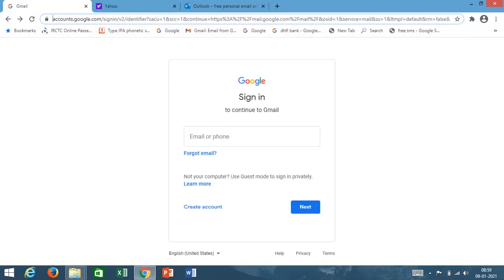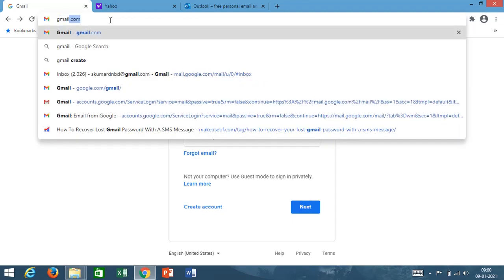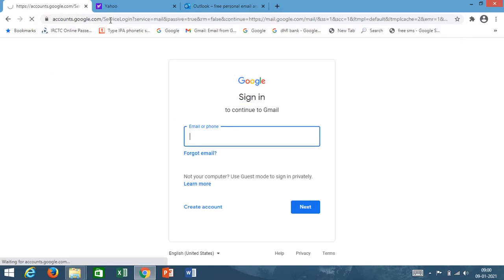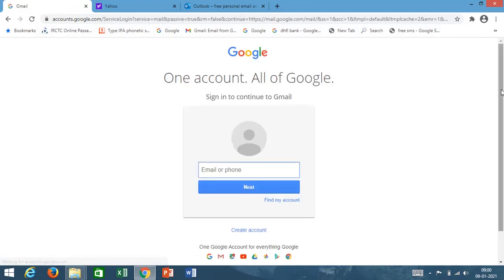Now we will see how to create an email ID using the platform of different email service providers. Now, as you can see on the screen, dear students, if you type in the browser www.gmail.com, this particular page comes, which is here on the screen. In this page, if you have an email ID, you put the email ID over here in the box where it is written email or phone. Then click on next. It will ask you to put the password. You put the correct password and your email will open.